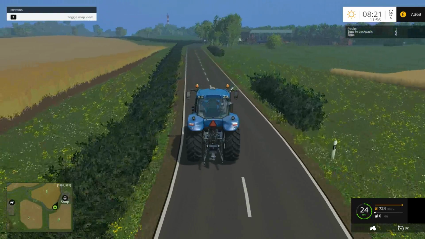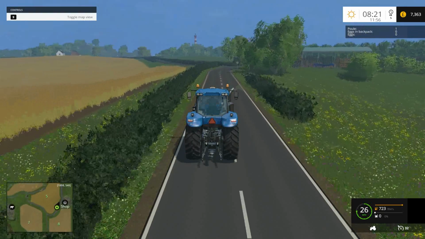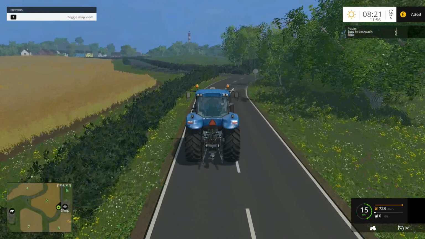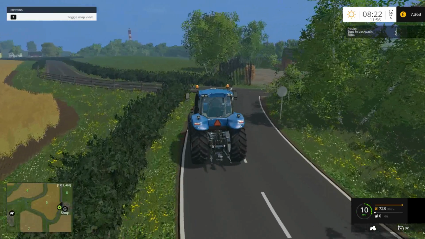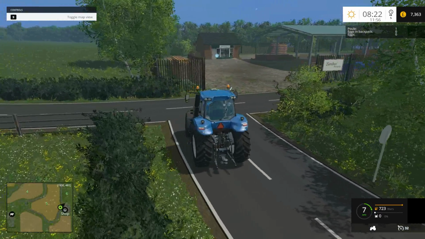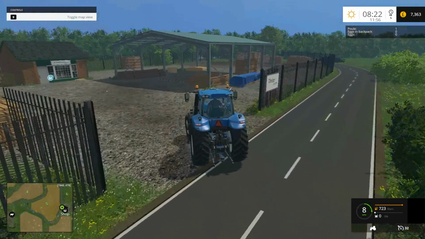cattle animal zones will be collision, and the village itself and houses that are dotted about the map and everything to do with them will be collision. That goes for the sell points as well. This is the timber yard here straight in front,